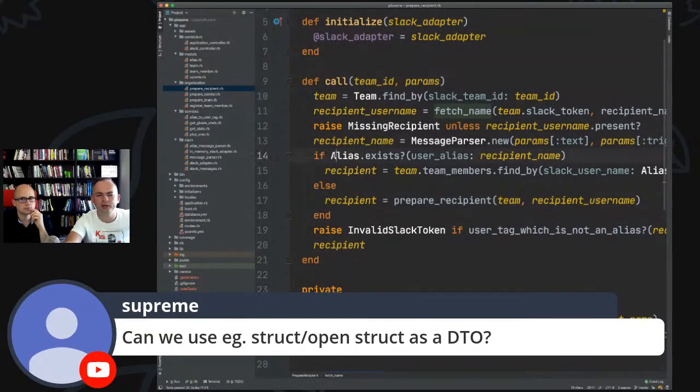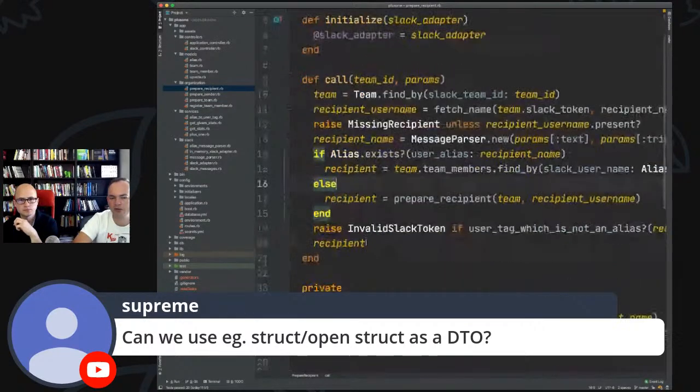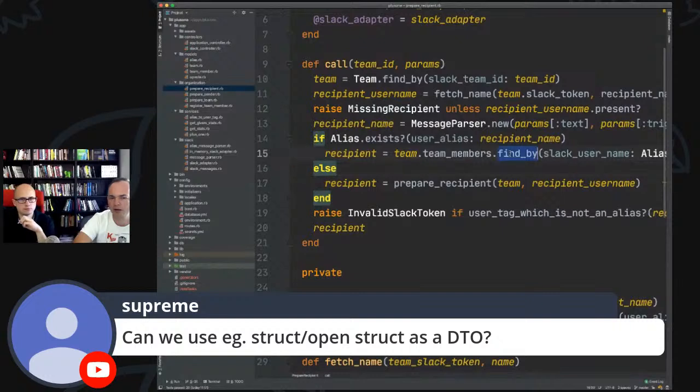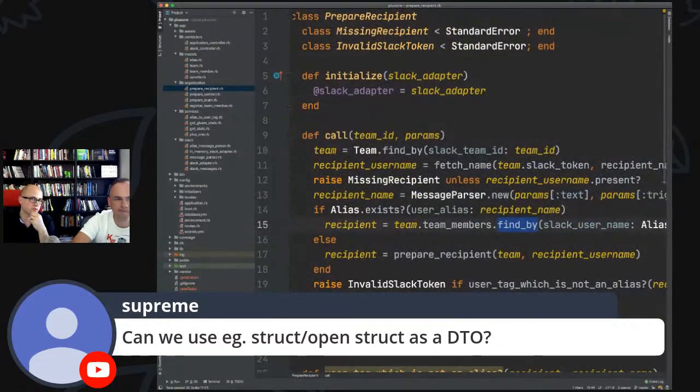I suppose aliasing is also less our domain layer, but more we can move it to the organization, which I think will be a bounded context called organization. So I suppose aliasing will be part of it, but on the other hand, it shouldn't have any, I don't know, request to the read models or to the database. Like maybe we can even source it later. Yeah. Could we go to Slack adapter if we talk about it?